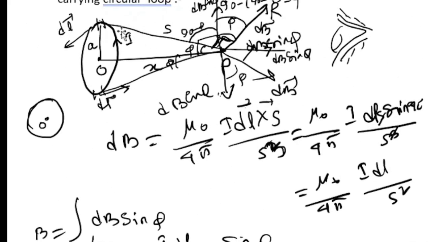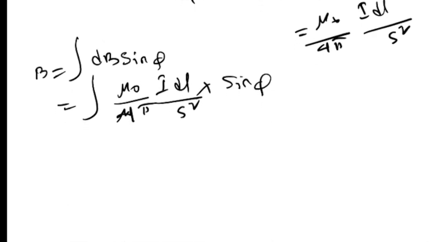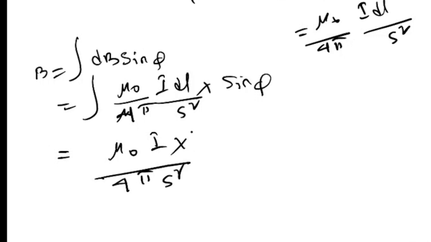इधर से देखो, it is a right angle triangle. In a right angle triangle, if it is angle phi, then it will be height and it will be hypotenuse. So sin phi will be a by s. Understood everyone? Sin phi will be a by s. देखो mu nought I by 4 pi s square into sin phi का value will be a by s and